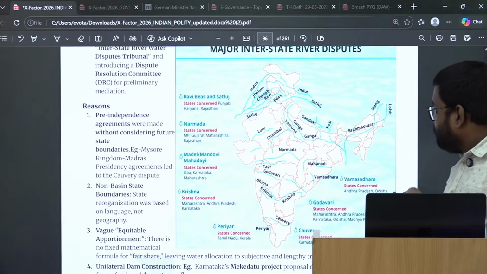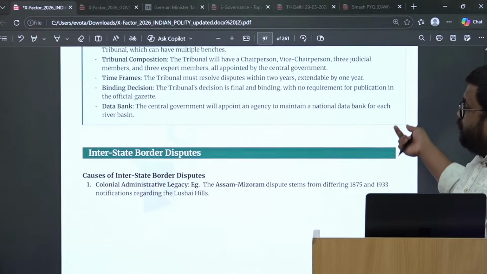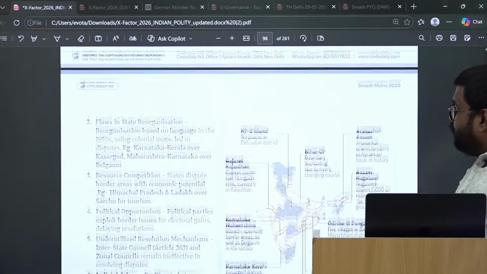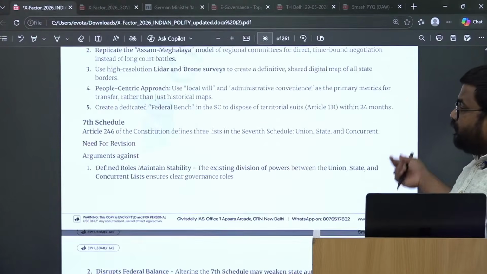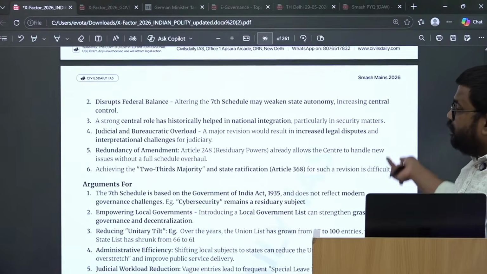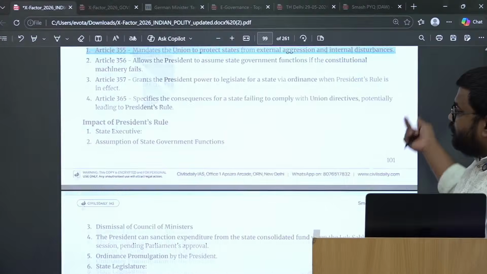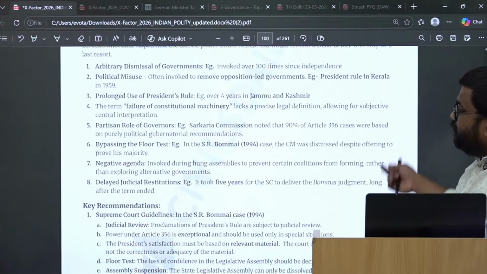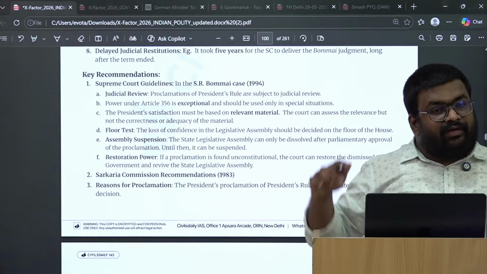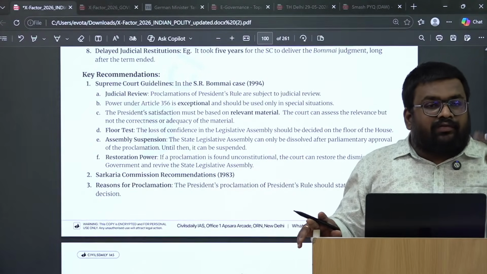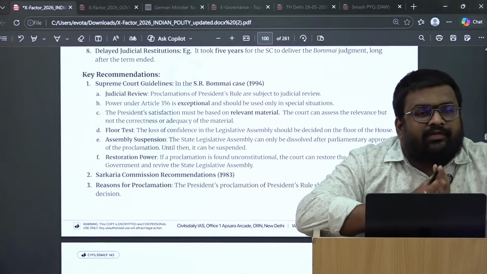ठीक है, then the border disputes, again same thing. I have given the map, practice it. Border dispute पे भी क्वेश्चन आ सकता है. This is with respect to the 7th schedule. ठीक है, इमरजेंसीज में प्रेसिडेंशियल इमरजेंसी, फाइनेंशियल एंड नेशनल इमरजेंसी. So basically, and the Ladakh वाला point मैंने जो बोला था, so that 6th schedule part I have covered it into the local bodies, तो वो आपको वहां मिल जाएगा.